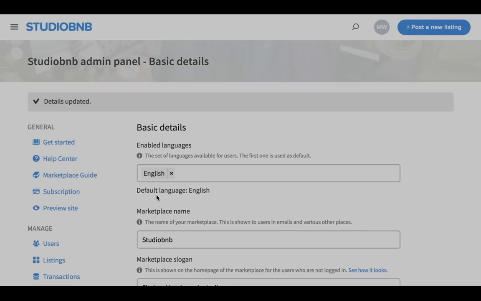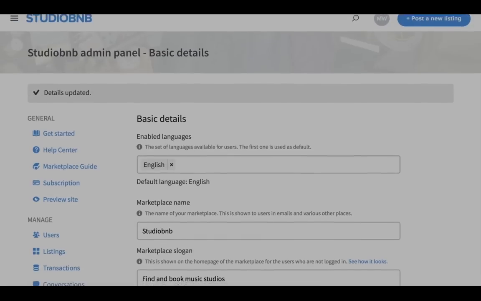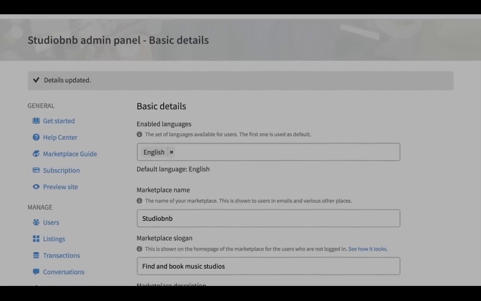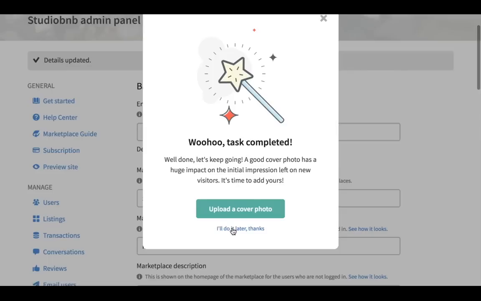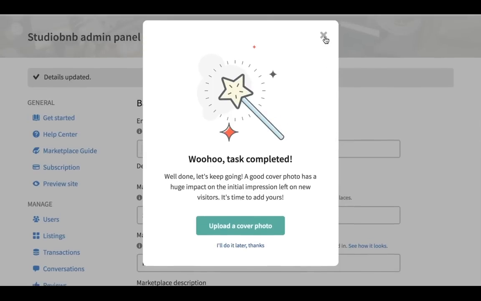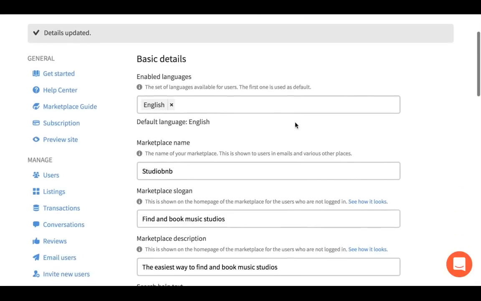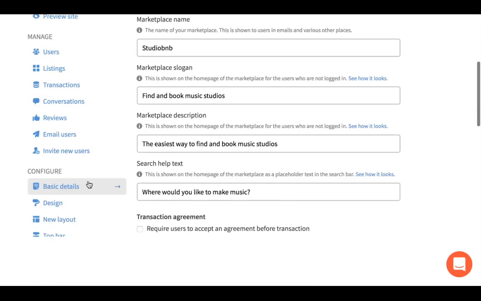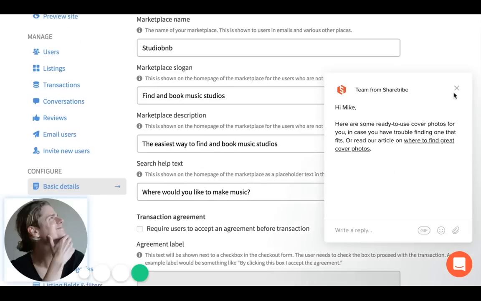All right. So that was saved. And then we're going to click out of this. All right. So that was the basic details. Now we're going to click on the design. So this is where we can